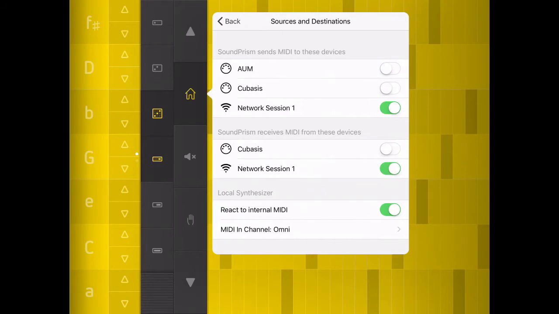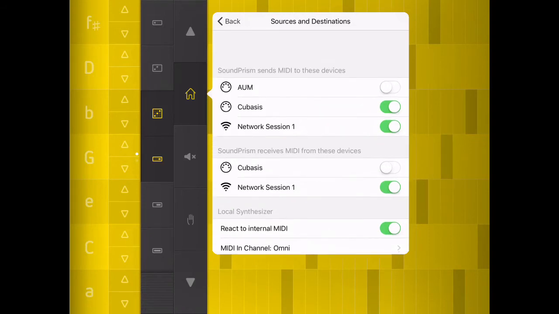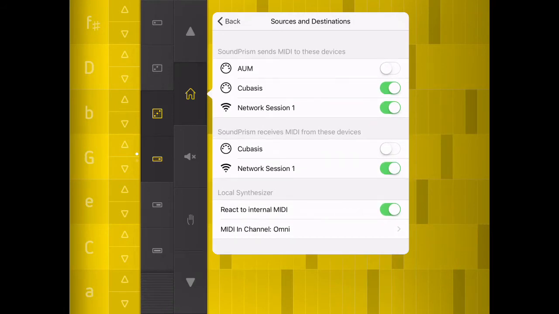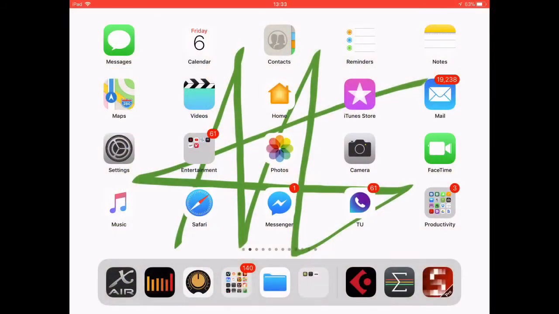So we will send the MIDI from SoundPrism to Cubasis, and that will be MIDI In channel OMNI, because this is going to be the only MIDI app that we're going to use. But maybe in subsequent videos, I'll talk about hooking up multiple MIDI devices, whether that's an external MIDI controller or another app, how to control them all at the same time. Anyways, we've got this now routed to send to Cubasis. Now if we go over to Cubasis,